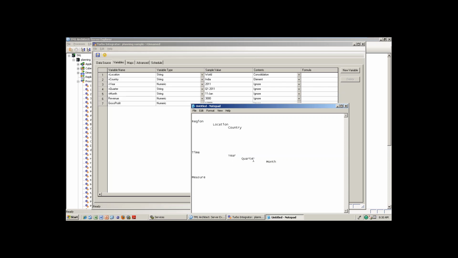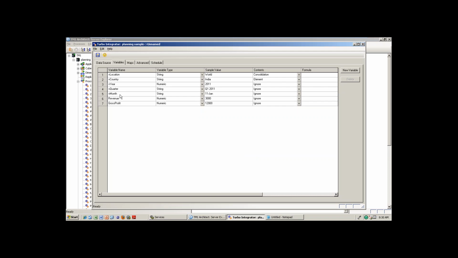Because year is a combination of all the quarters, and quarter is a combination of all the months associated to that quarter. So go to the last level, month, put element, and quarter is a parent, so put consolidation.